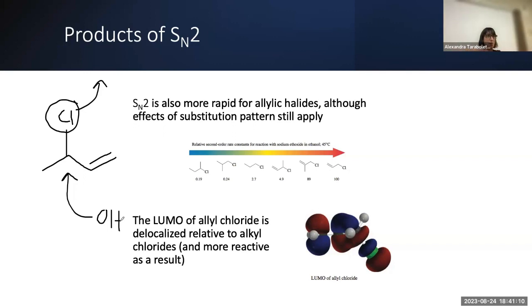Remember that this can happen through 2 different mechanisms. We just talked about what happens when you do it through an SN1 mechanism. SN1s form carbocations, right? What about an SN2 reaction? What do you guys think? Is there ever a carbocation formed? No. Is there ever an allylic system formed? So no, because